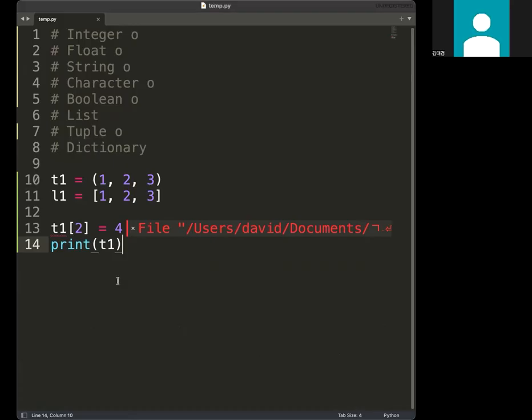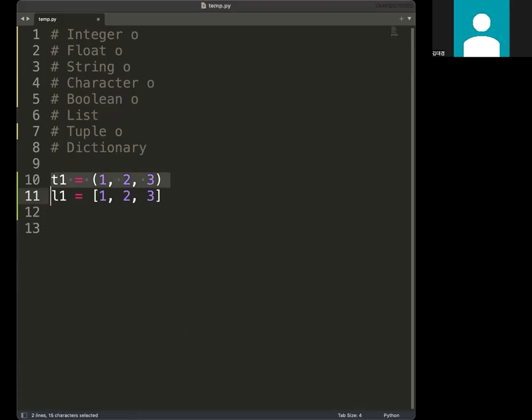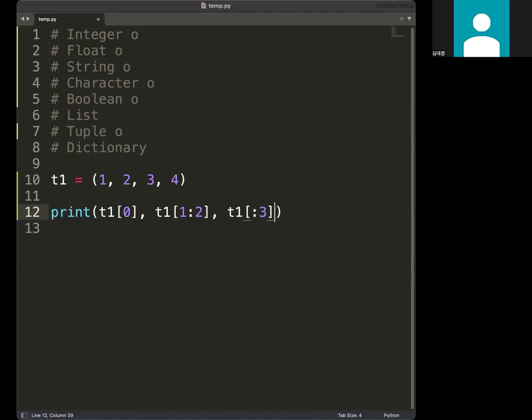Okay, and then you can do the same indexing and slicing for tuple as well, like when you did for the string. For example, T1, 0, T1, 1 to 3, T1, all the way to 3, T1, 1 to the end,